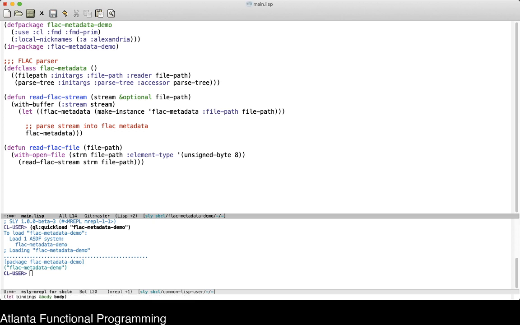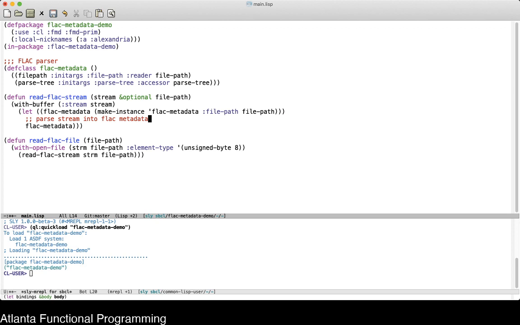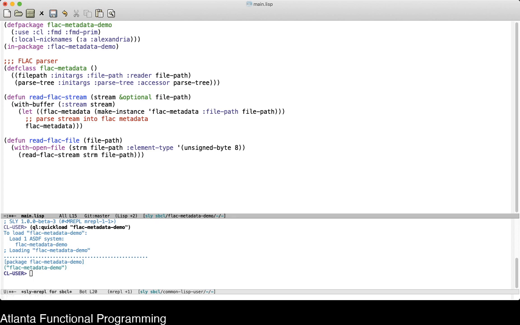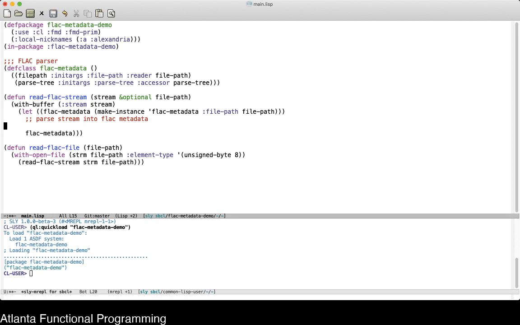And we do want to setf it, I think. Wait, let me think. Yeah, I would setf it just as an argument. I think you might have to make that an accessor if you have it. Yeah, I have. Okay. FLAC metadata